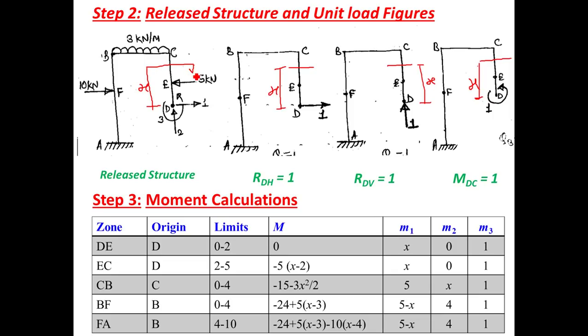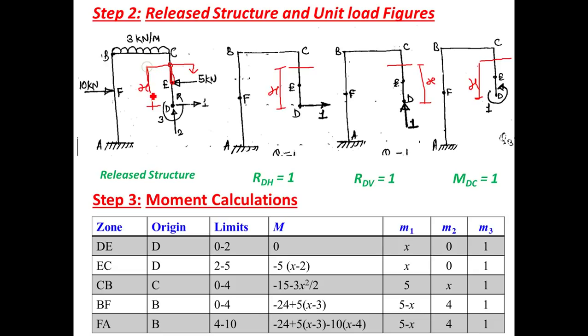So observe the lower portion. In the released structure, there is one point load, that is point load acting at E point, 5 kilonewton. Okay. Now we have to take the moment of this 5 kilonewton at this point. So we are taking moment at this point. Point load is acting here. So we want this perpendicular distance. Okay. This is the perpendicular distance required.